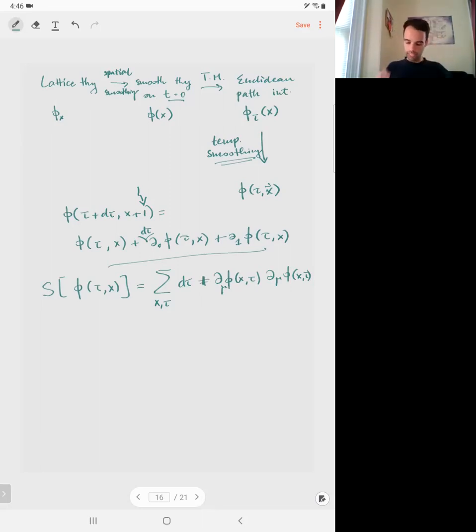The crucial thing that I want to stress is that because these fields vary smoothly, you can define a Noether transformation, the Noether trick, which changes the field not at one point, but at a number of points which are close by. If you were to just define, let's say, e to the, let's say this is a complex field, but it doesn't actually matter, something that depends only on a specific point, x0 and tau 0, so I just define a standard Noether trick where I rotate the phase at one point,